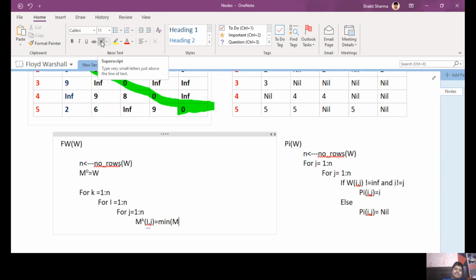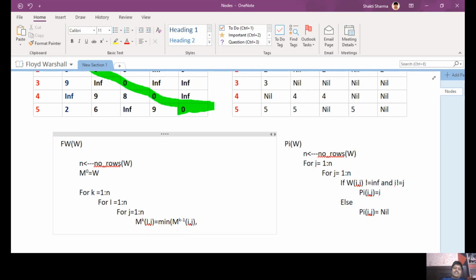The previous matrix is m k minus 1. So either the value in the previous matrix, this is k minus 1 i j,